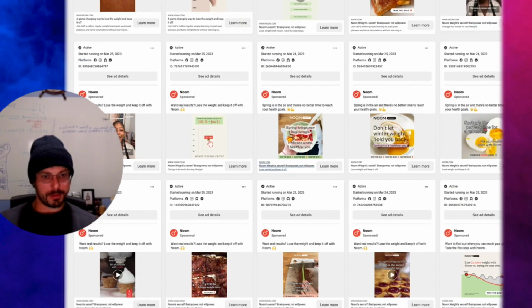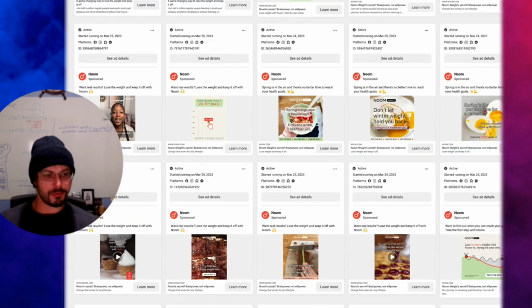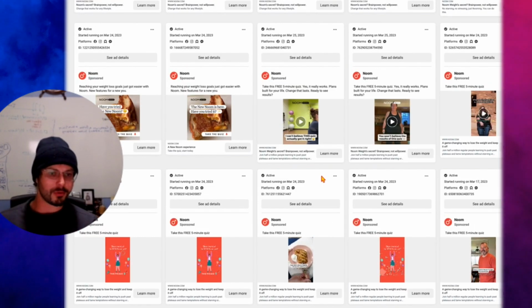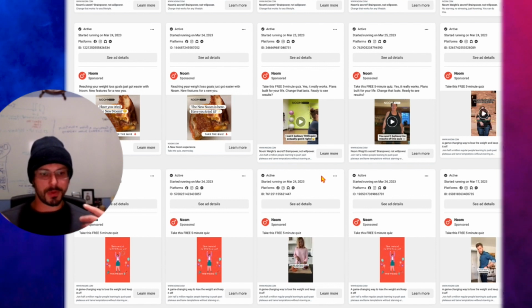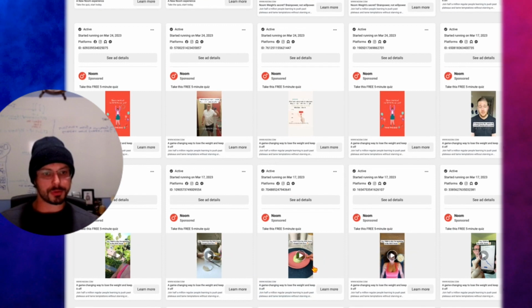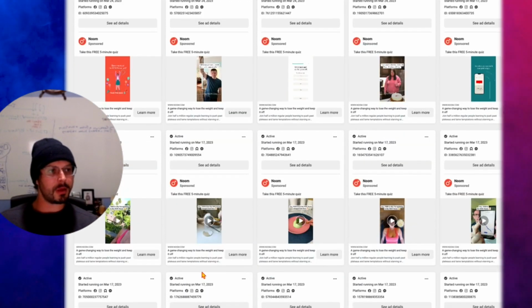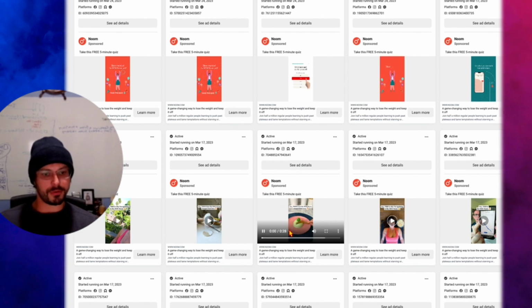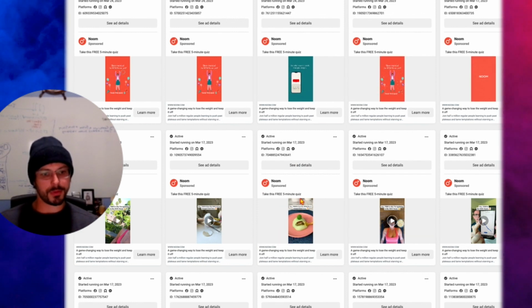And you can see that also they're having a lot of this text overlay that's super simple with iconic food. So if you're in the supplement space or if you're in any sort of fitness or weight loss space, then this will certainly be useful to you, along with how they're presenting the flow of information. So take a look. They start off with some sort of a food, and then it goes into UGC, and